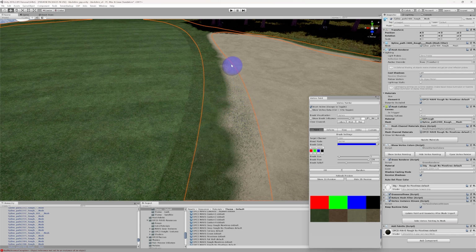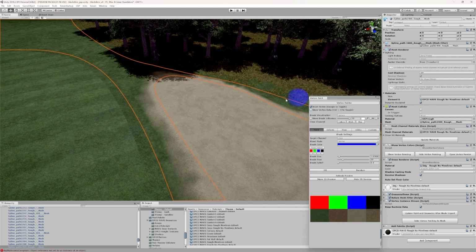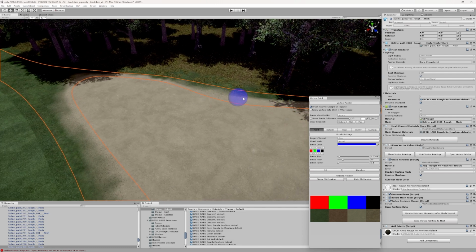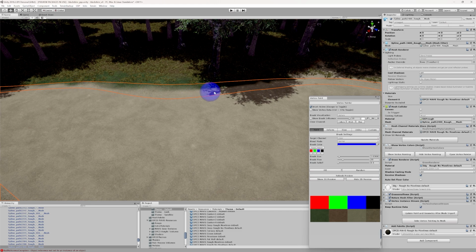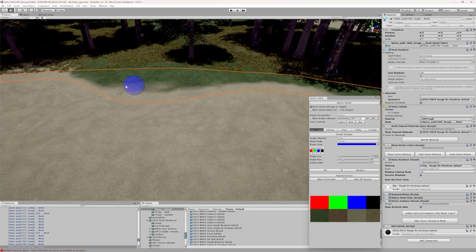And that can kind of go back. You can kind of see, there we go. Now, after I do this, what I like to do to make it even a little more blended is I'll come in here and drop it down to like 15 or even 20, something like that. And I'll come back around the edge and give it another little go. You could do this all day, getting it perfect, but it's not really supposed to be perfect as a waste bunker. You just kind of,